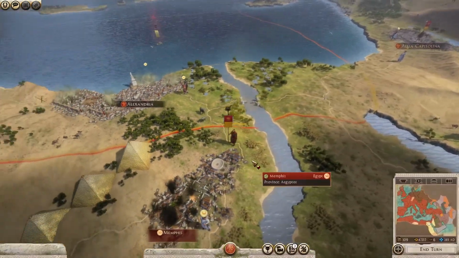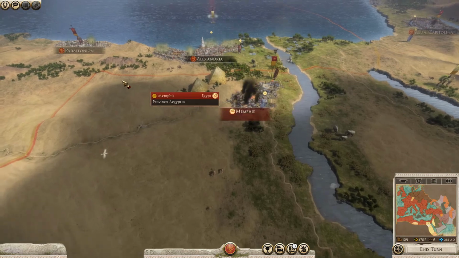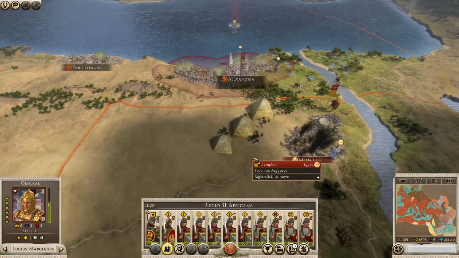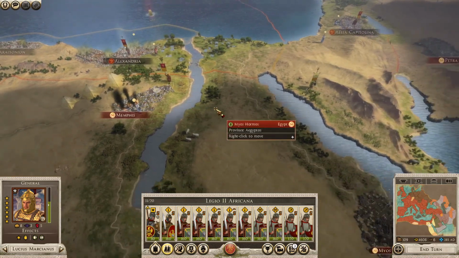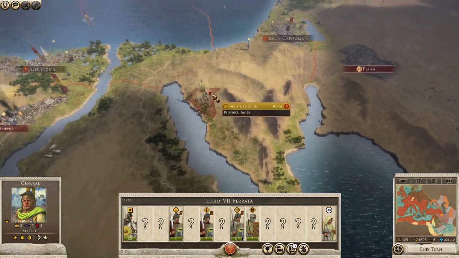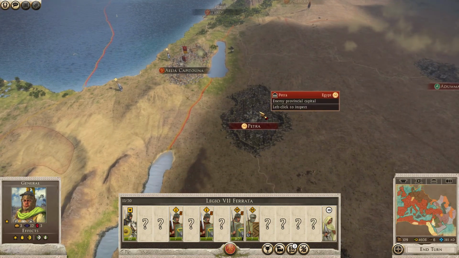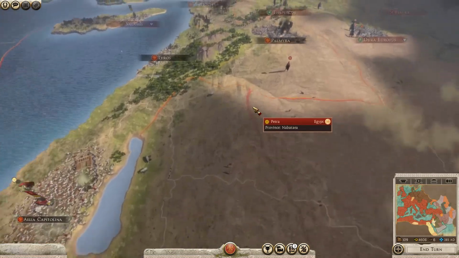And I'm actually just going to keep holding on to this in terms of sieging it, because I feel it's a lot better. It means that next term I can do some stuff. I've got an army here, but I'm just going to leave them around. I do want to take Petra back at some point, but I'm just going to have to wait for the